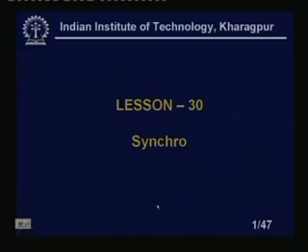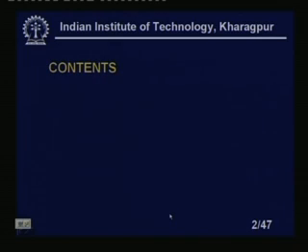That means if I give some particular position, it can be easily attained by the use of Synchro when the Synchro is used as an error detector, as well as for remote transmission of signals. Synchro can also be used over a long distance. So, let us look at the contents of this particular lesson. Lesson 30, Synchro. Contents are: